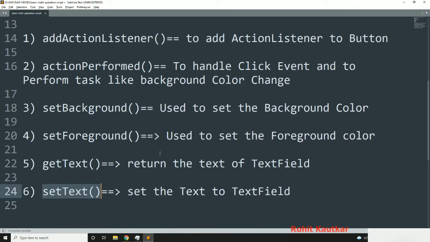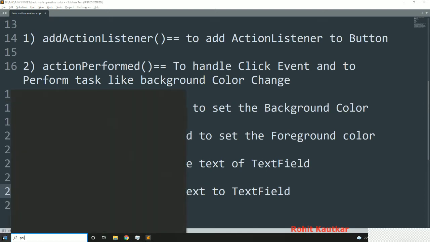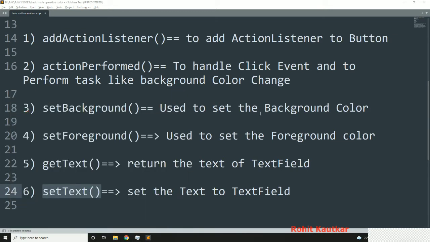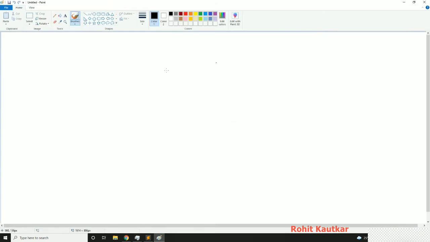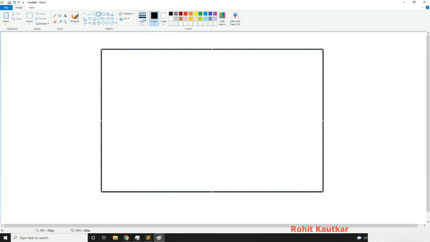Now I will try to show you what kind of interface we are going to build over here. For that I will start my Paint. Within this I will show you the interface that we are going to create. First of all I will create one frame over here. Now here we will have the title bar.